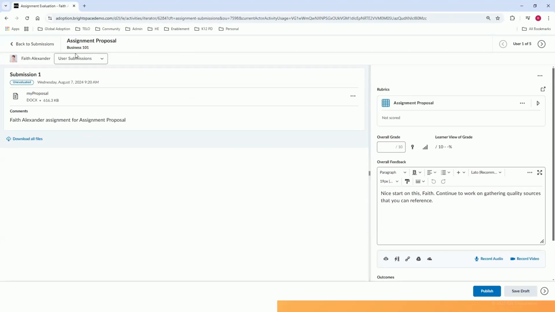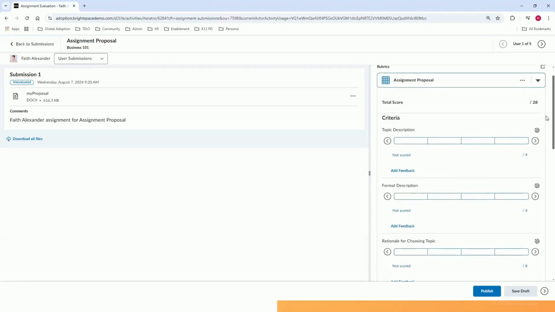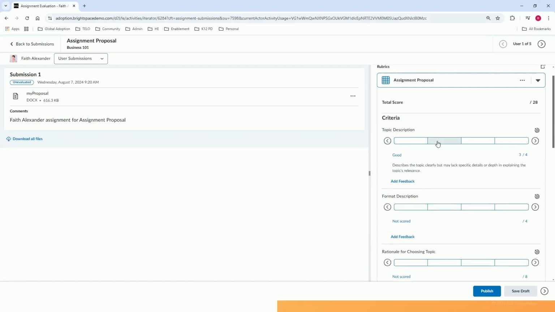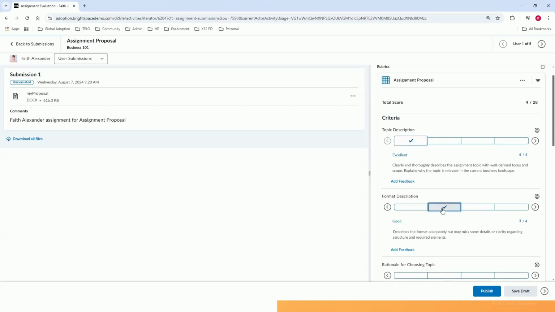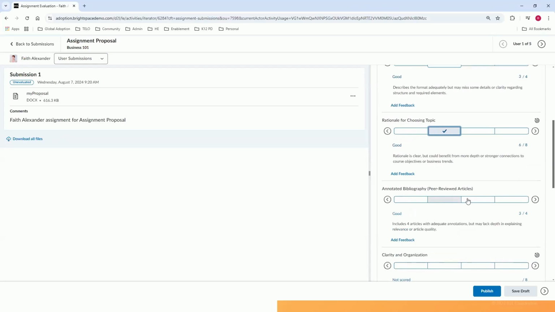If I open this up, I can see Faith's submission, but we're just going to focus on this rubric here. So if I open that up here, I can see the different criterion, and when I hover over it, I can see those descriptors here. So I can go ahead and assess Faith on this assignment proposal,